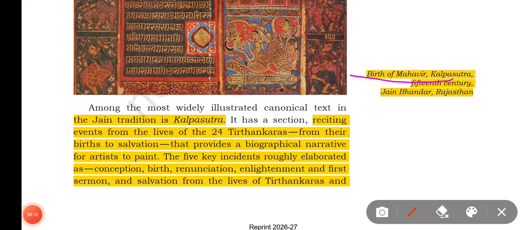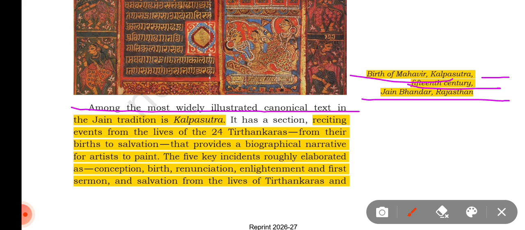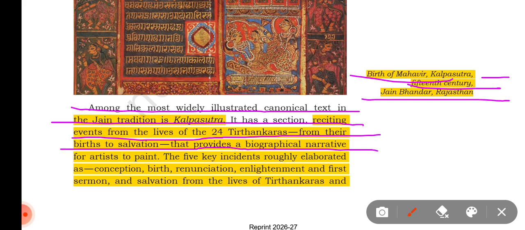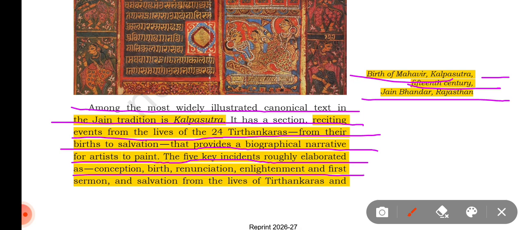Birth of Mahavira, Kalpasutra, 15th century, Jain Bhandara, Rajasthan. Among the most widely illustrated canonical texts in the Jain tradition is the Kalpasutra. It has sections reciting events from the lives of 24 Tirthankars, from their birth to salvation, that provide biographical narrative for artists to paint. The five key incidents, roughly elaborated as conception, birth, renunciation, enlightenment, and first sermon, and salvation, from the times of Tirthankar and